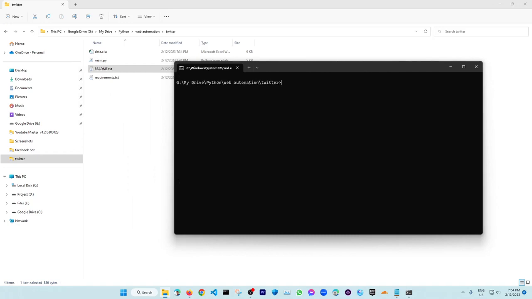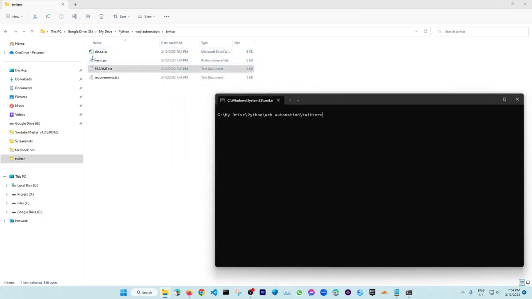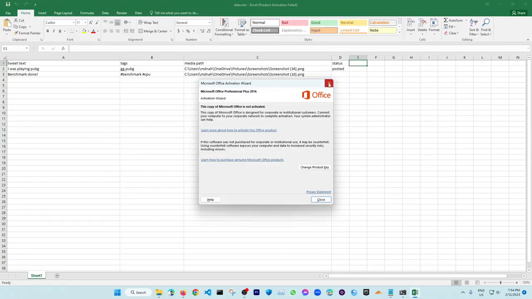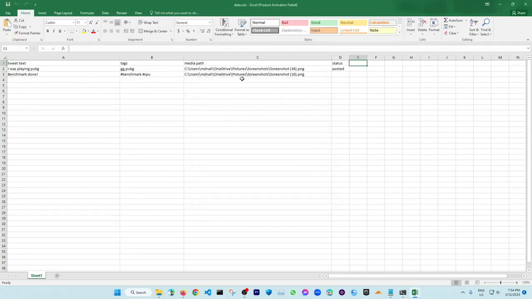So I'm just clearing this and then you need to update the excel file. So here is the text, here is the tags, media path and the status. So instead of deleting the lines or the rows, I have decided to retain here that it's posted, so if any post or any content is posted, it will be written here that it's posted, so that it won't be